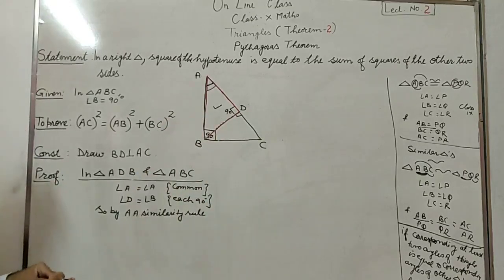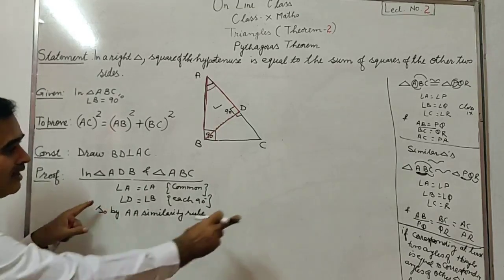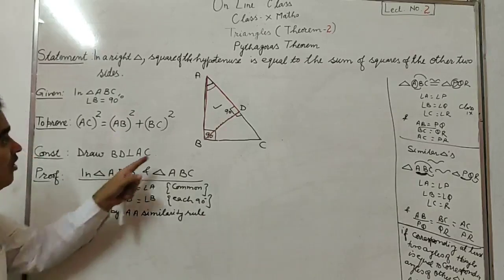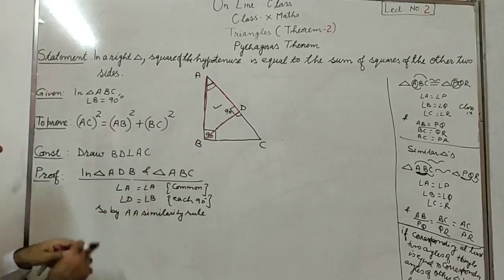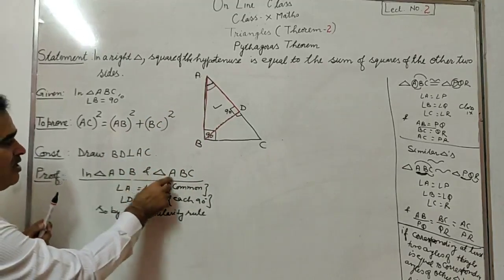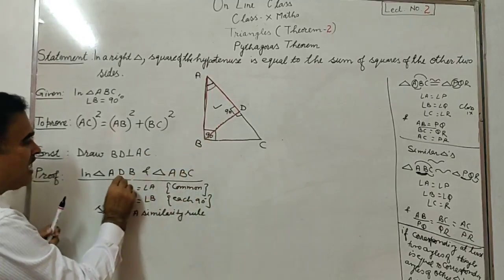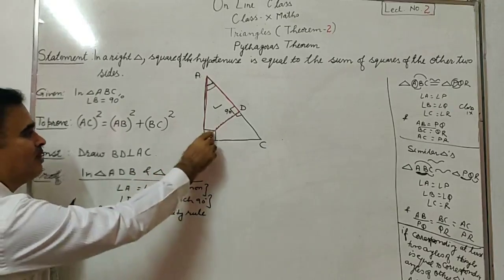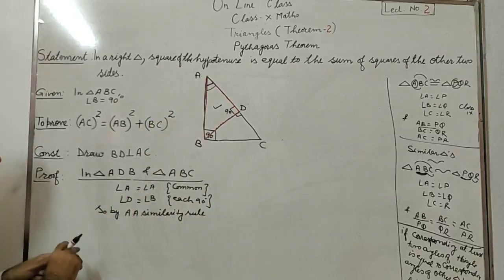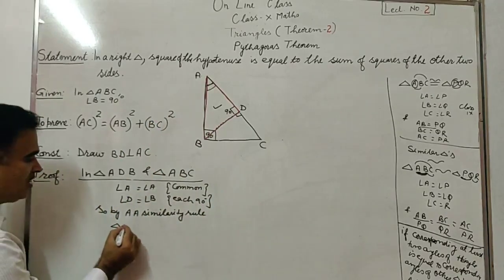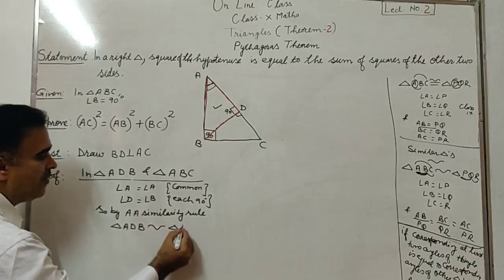you have already done this in congruent triangles, but here we are taking A means angle, at least two angles. I told you, at least two angles of one triangle must be equal to the two corresponding angles of another. Corresponding means where it is written A, here must be A. D is written in the middle, the B is having 90 degrees, the B must be written in the middle, and leave the third one. So triangle ADB is similar to triangle ABC.